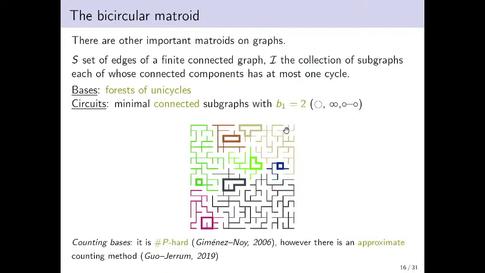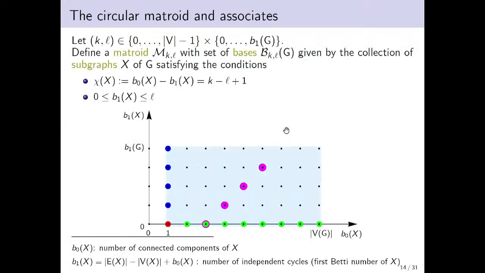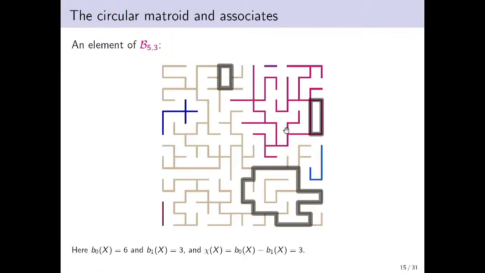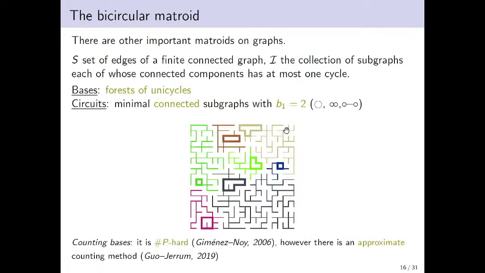Just to end this part, which is non-random, this is just to say that there are other families of interest in the combinatorial geometries on graphs, but these are absolutely not the only ones. I just computed in a simple way some others. But there's an important other example, which is called the bicircular matroid. We have seen the circular matroid, now we have the bicircular. And what is this one?